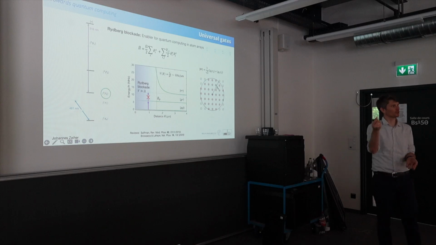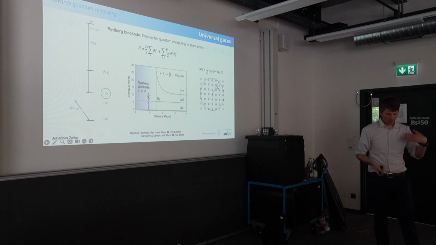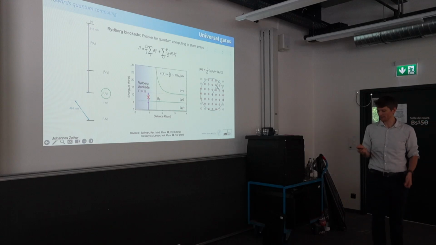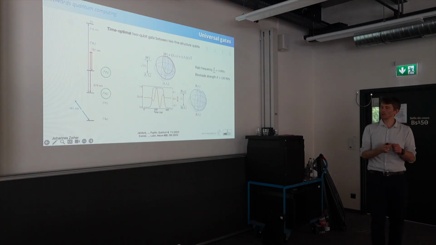So you see, you can use this strong interaction to get entanglement, but it's not the entanglement we want. If we want to do a two-qubit gate, we want entanglement between two atoms that are living in the two qubit states. What I showed you here is an entangled state between two atoms where the qubit is encoded between the ground and the Rydberg state. So we need a way to transfer the entanglement from the ground-Rydberg basis to the qubit basis. And luckily, this is something that by now is pretty standard. We can exploit the Rydberg blockade